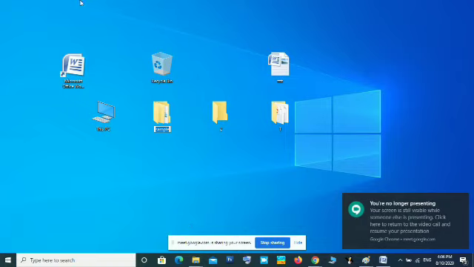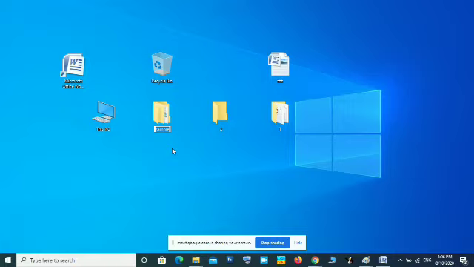Okay. Just right click, then select rename from that option. Then type the new name that you want. So I am giving a new name.